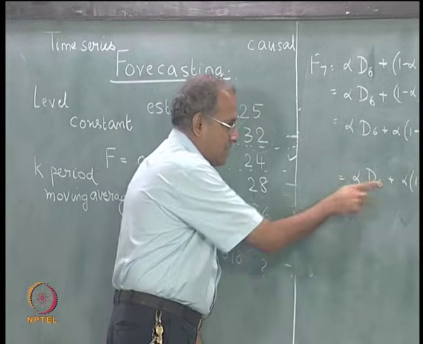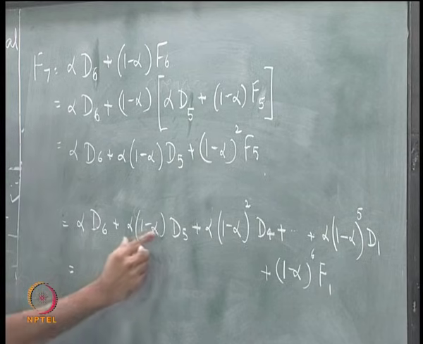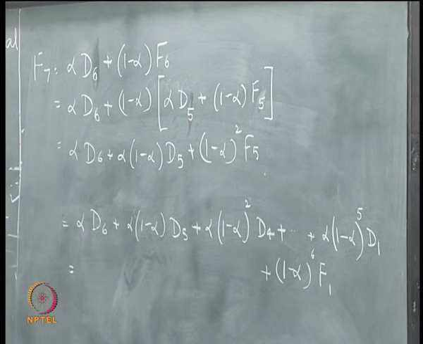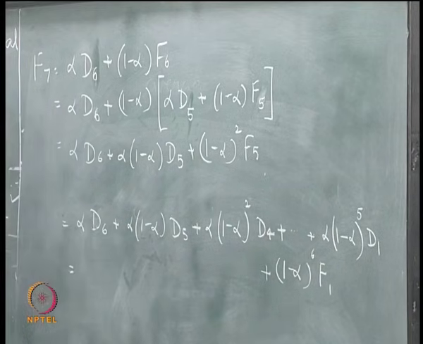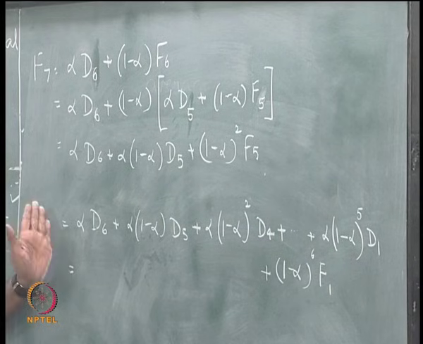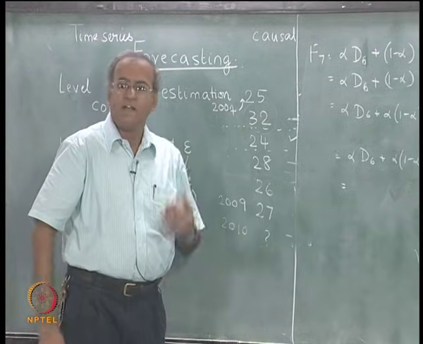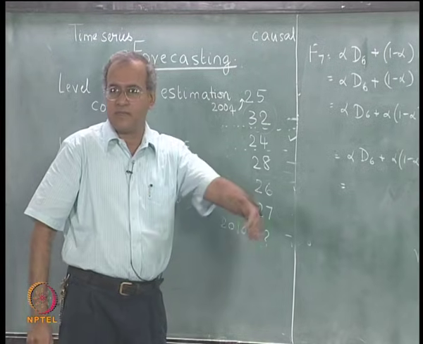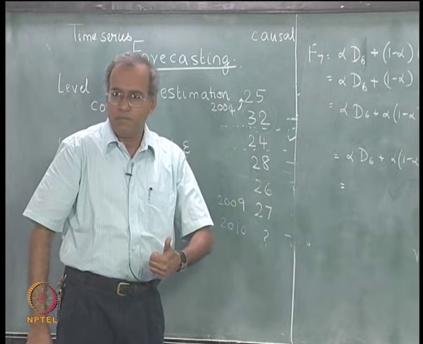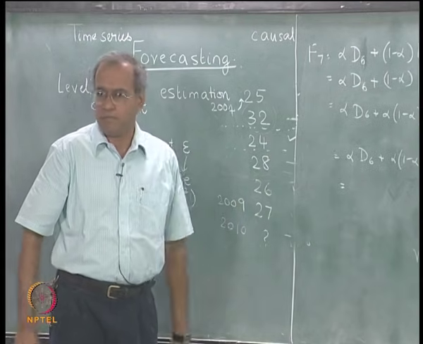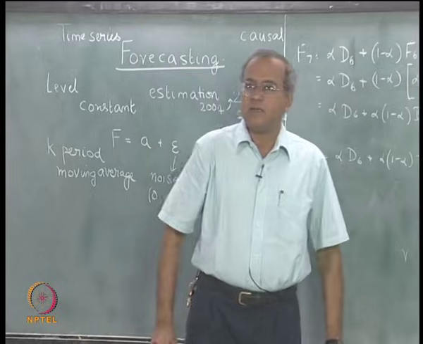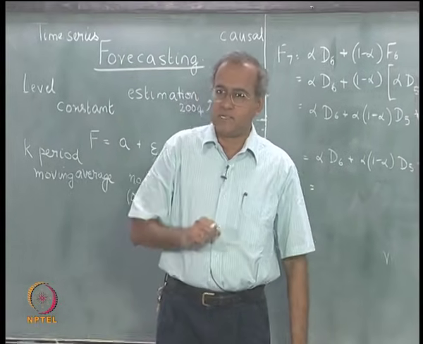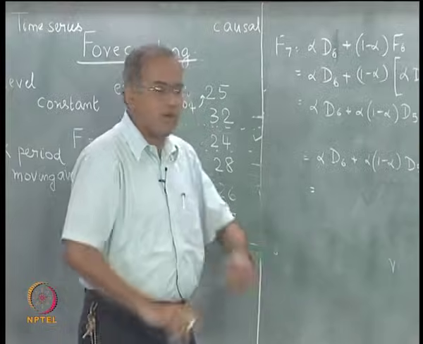26 has a weight smaller than alpha, 28 has a weight smaller than this, and so on. So, if we leave out the last term, the exponential smoothing is a weighted average. It is a weighted average of all the demand points with progressively decreasing weights as we move backwards in time. But we also know that if we have a weighted average, then we have to divide by the sum of the weights. So, let us find out the sum of the weights.